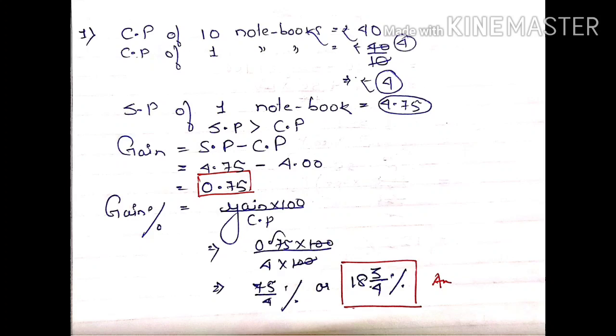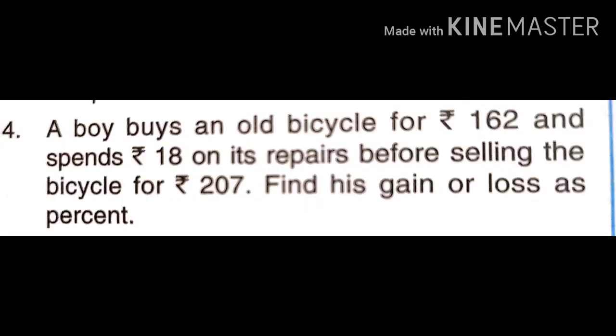Calculate, 75 paise gain. Now check in percentage, gain percentage formula, gain into 100 by CP. Gain 75 paise, 100, okay, 4 rupees, remove the decimal. Now do the calculation. From this question, what you have understood: the number of articles is given in the question, so compare the number of articles at first. Try to find the cost price of one and selling price of one, then you find whether it is gain or loss. Okay, clear? Question number 2 and question number 3 are the same, you can try by yourself.